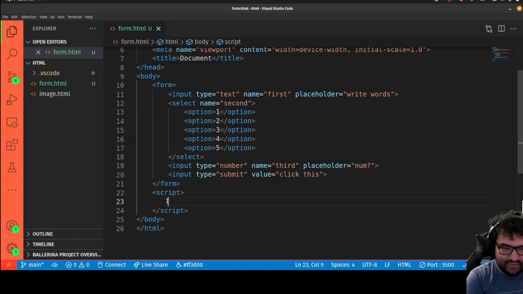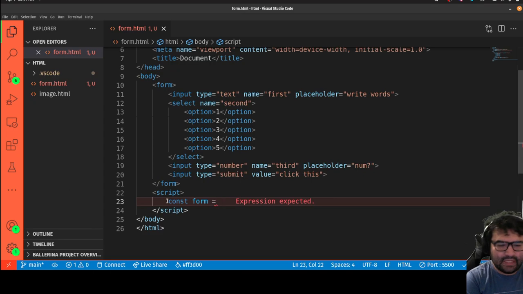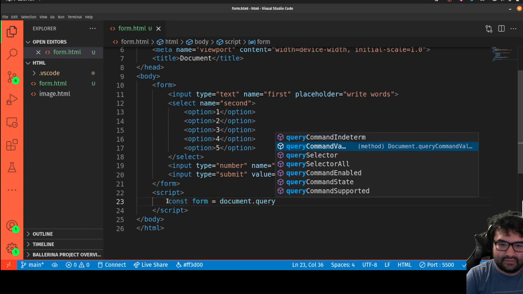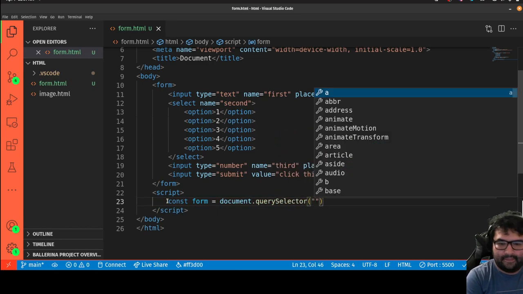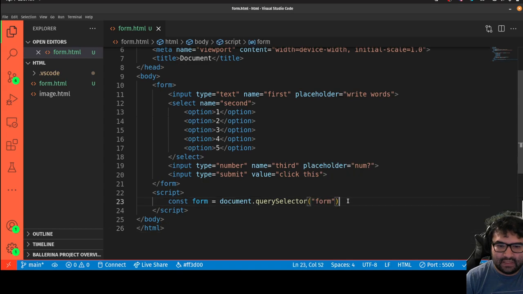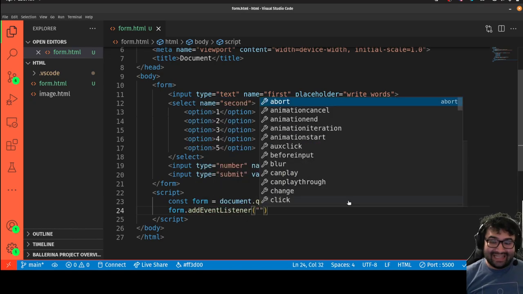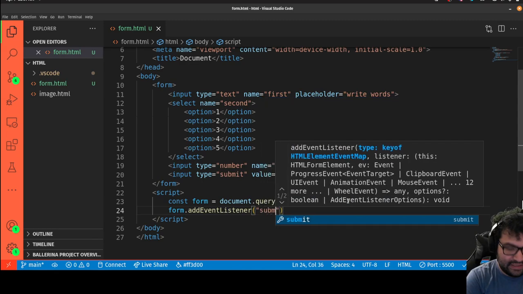So the way we would do this is I would grab the form. So I'd say const form equals document.querySelector form. So I'm grabbing the form tag. Now what I can do is add an event listener to it. So I would say form.addEventListener, and I'm not going to listen for a click. I'm going to listen for a submit, because when you submit a form, that's a different event than just clicking on a button. So I'm going to use a submit event,